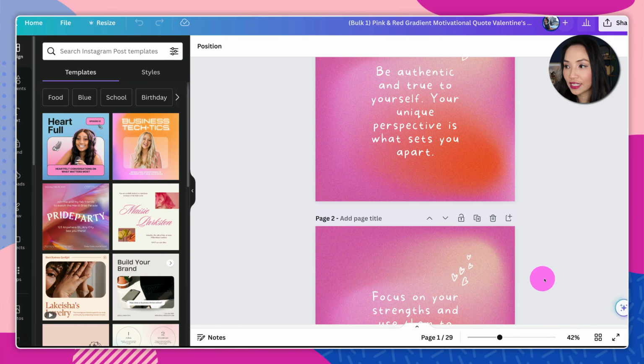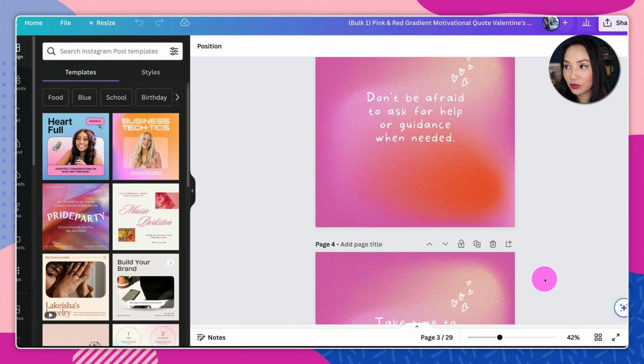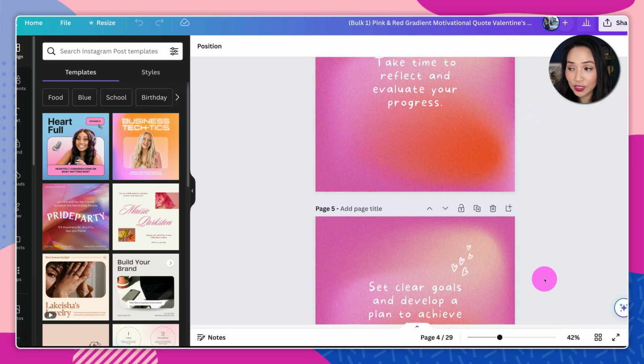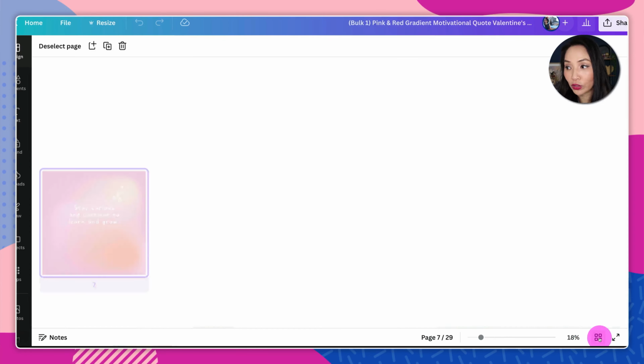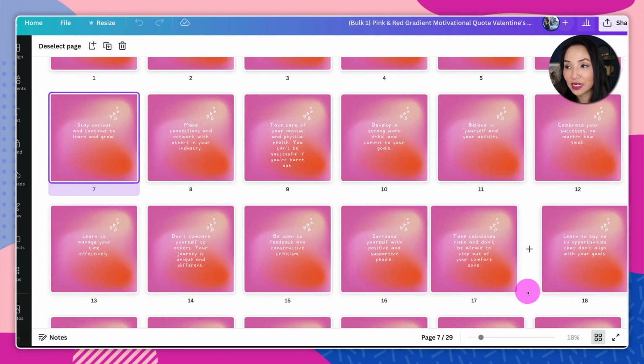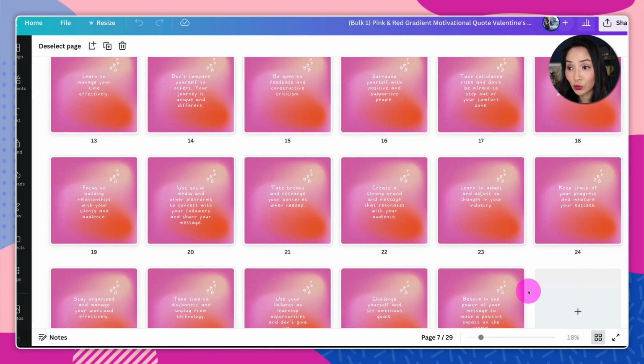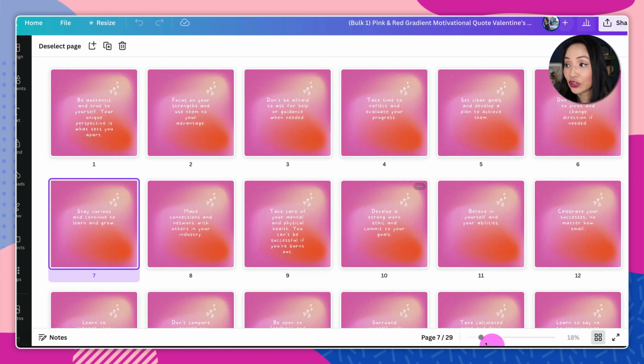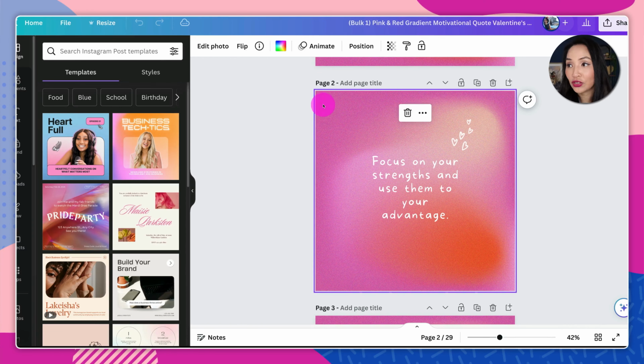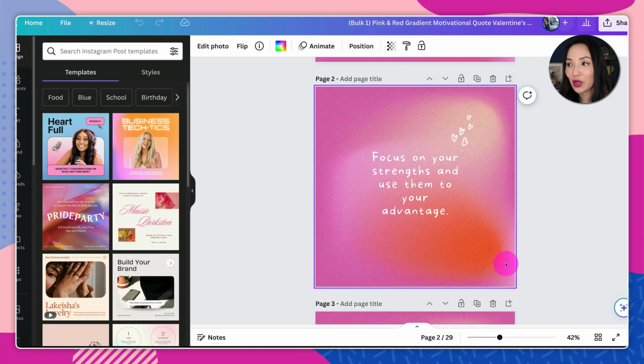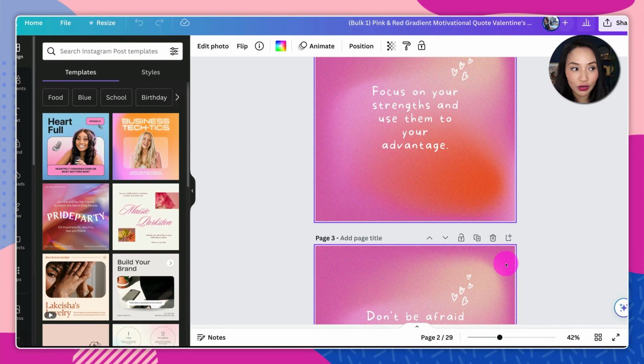And then just like that, I've got all of these social media posts with all of those quotes that it generated all in one go. So that just took minutes as opposed to manually doing each one or duplicating each one and doing it over and over again. Now you can go into each design, you can change the background, add extra images to customize each one, but that's how easy it is to bulk create all of your social media content in Canva.